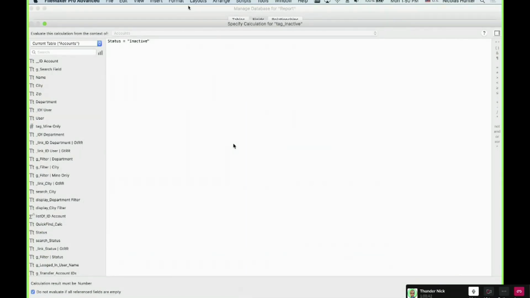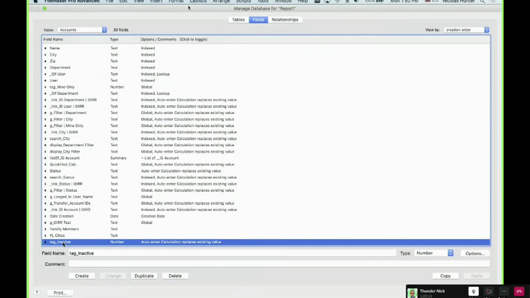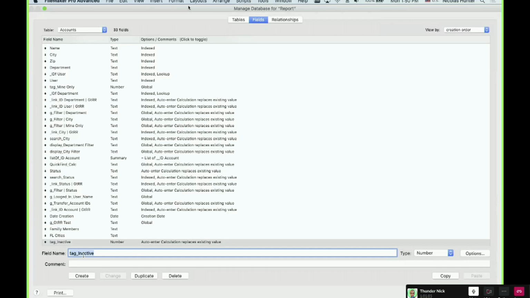That's what you need to know. Is status equal inactive? If that's the case, the field here will return 1. If it's not the case, it will return 0. That's why we call it a tag. That means if it's inactive, you have 1. If it's not inactive, you have 0. And now I want to count. I want the total of inactive, for example. How many inactive do I have?